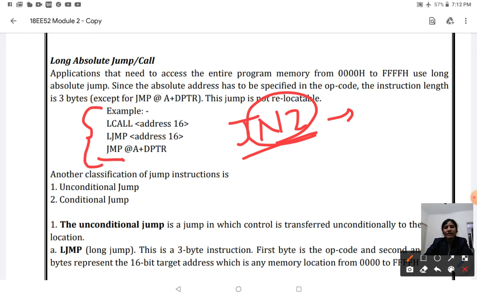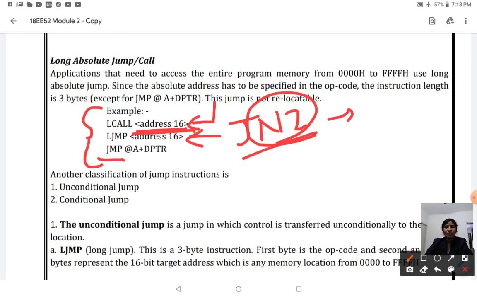LCALL address 16, that is here we will be specifying the 16-bit address without checking any condition. When the assembler executes this particular instruction, the control is transferred to this 16-bit address without checking any condition. Same thing goes with LJMP, that is long jump, address 16. When your assembler executes this second instruction, it also jumps to the corresponding address without satisfying any condition.